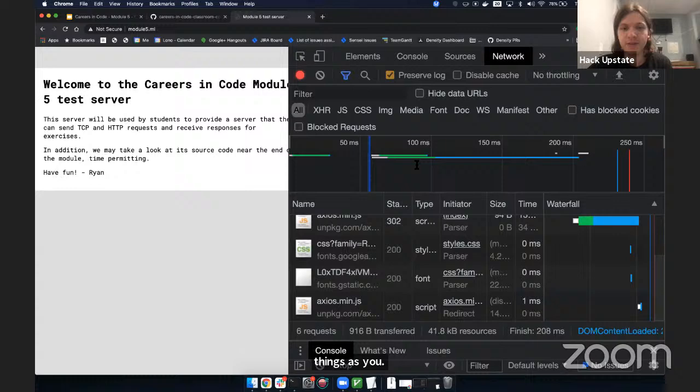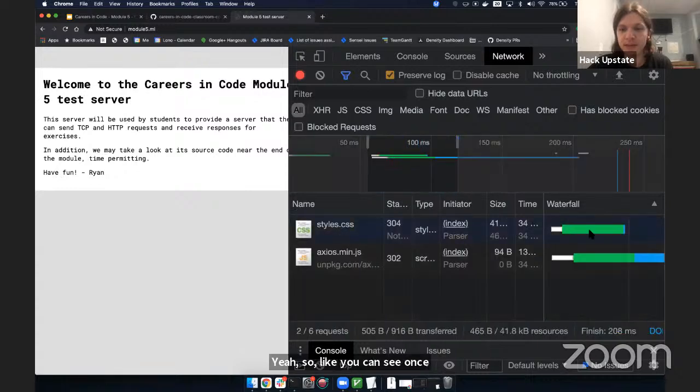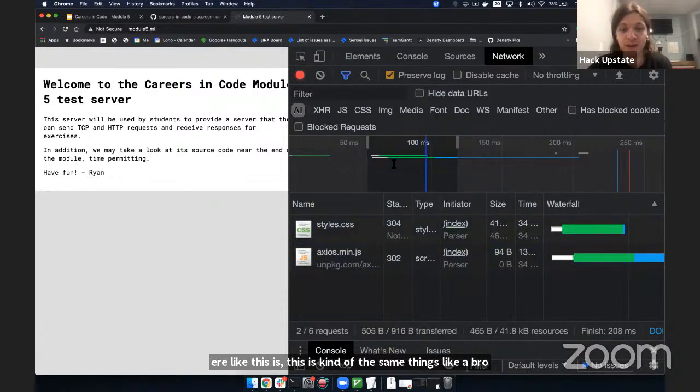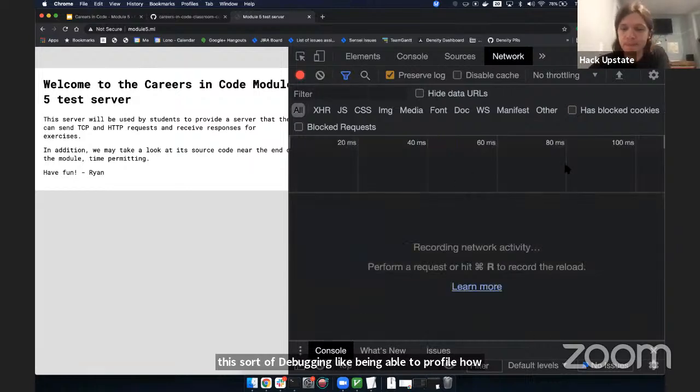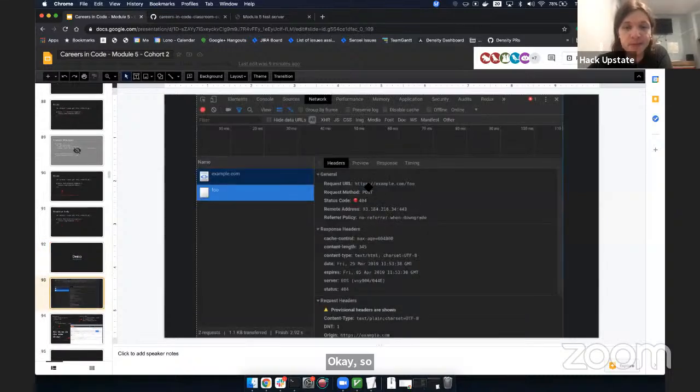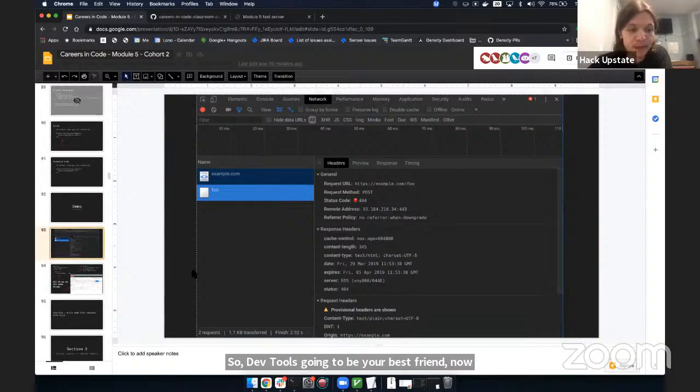So you can see a bunch of events happen here, this side thing is a broken down version of this thing across the top. And again, not something you're going to use today, but just knowing that the tools support you to be able to do this sort of debugging, like being able to profile how long different requests take, is a good thing to know about. Okay. So DevTools is going to be your best friend, network pane in particular. But